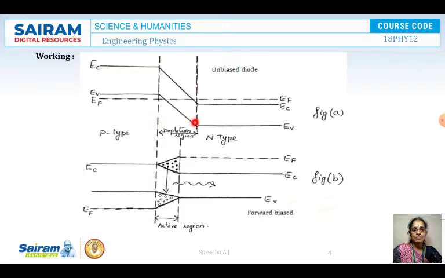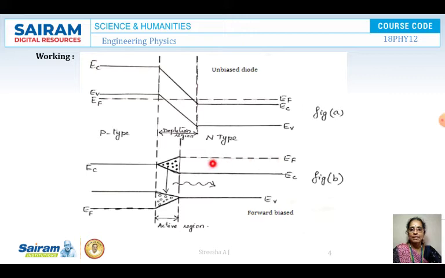Now the major principle involved here is forward bias. If you increase the forward bias, the pumping is being done. What happens the moment the pumping is done? You can see the forward bias is increased, which is nothing but pumping, and the energy levels shift. That means EF in the conduction band moves up. You can see the displacement of the energy levels of EF in the conduction band, and similarly in the p-type valence band. There is a displacement of the Fermi levels in the valence band of p-type and the conduction band of n-type.